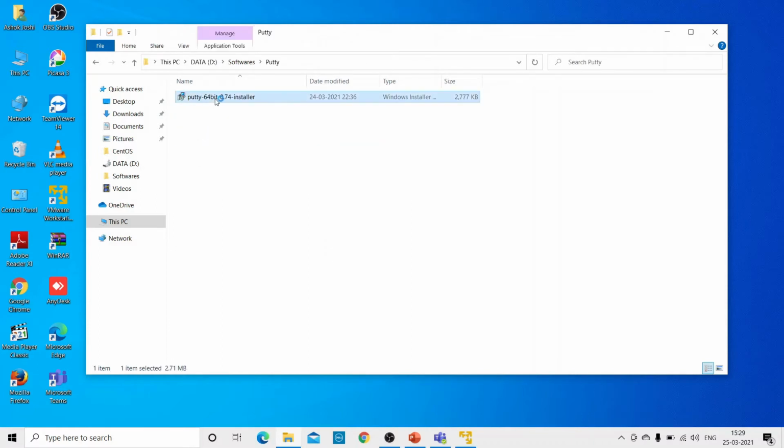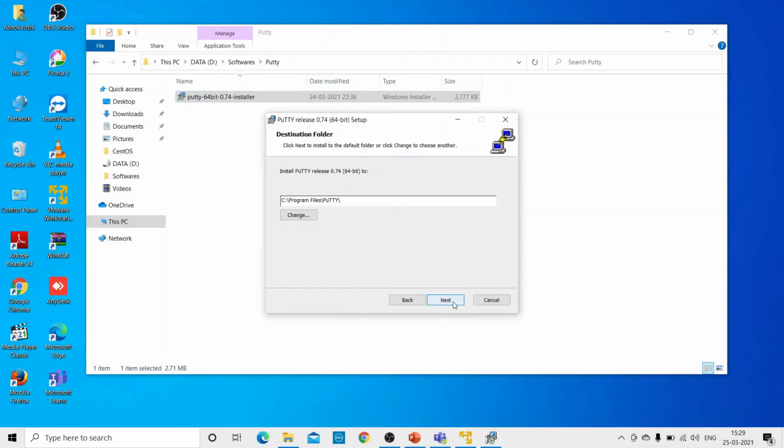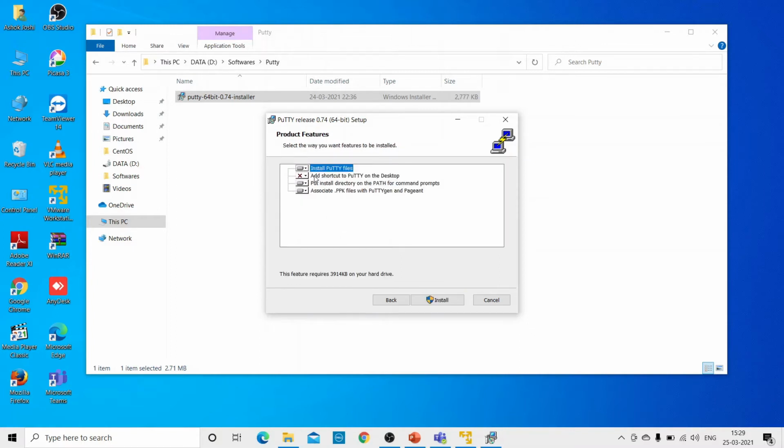You'll have to double click the installer, and it will set up a wizard. Now just click next, click next. This is the location where all the files will be saved. Now here, add shortcut to PuTTY on the desktop. I need a shortcut, so click on this.